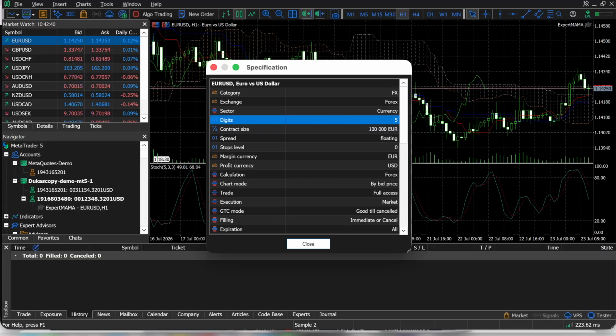With these easy steps, you're now able to view and understand the symbol specifications in MetaTrader 5. Taking the time to familiarize yourself with this information is a small investment that can lead to better trading insights and improved performance over time. Remember, the more you understand about the instruments you're trading, the more control you have over your strategy. Don't hesitate to explore other features within MetaTrader 5 to enhance